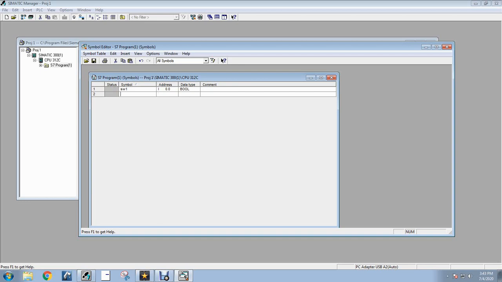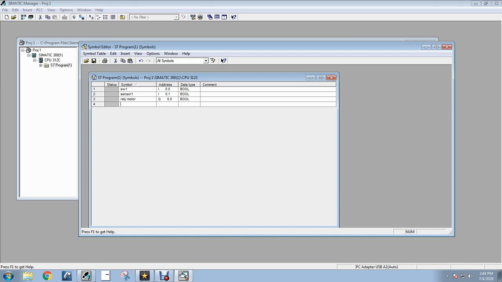Then we will write sensor 1 at the address 0.1. Let a motor relay will be connected to the output terminal 0.0. Then we will write at the address column Q 0.0 and we will write in the symbol column relay motor.